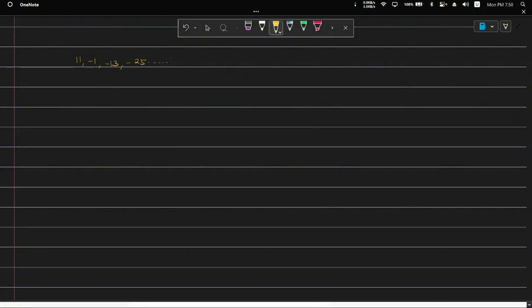This was the progression given to us. The question is find T6 plus T7. Well, to find T6 plus T7, I have to first find T6. So T6 is going to be,